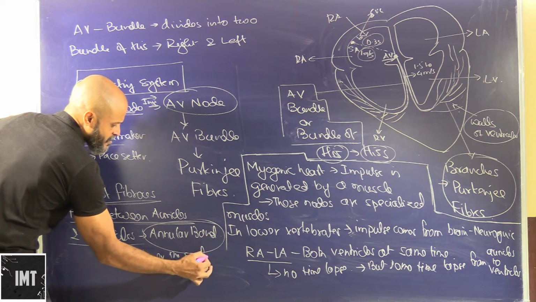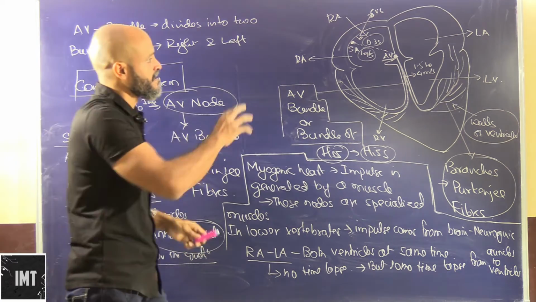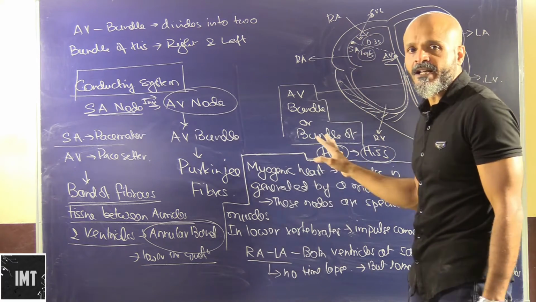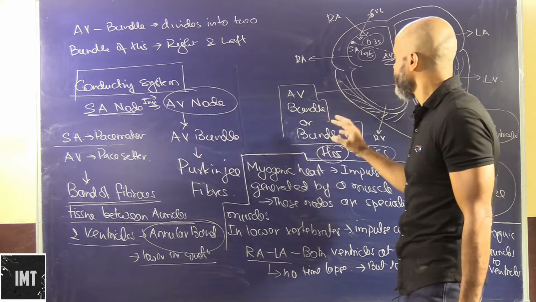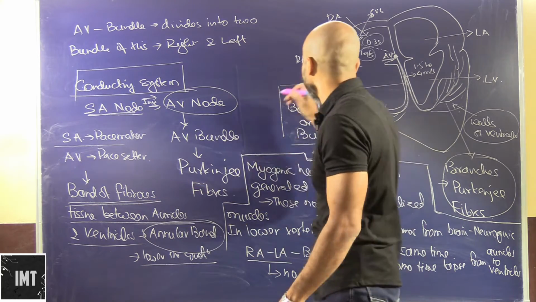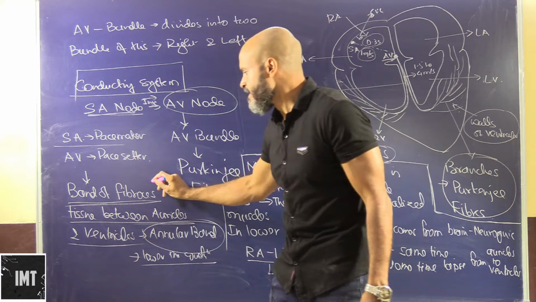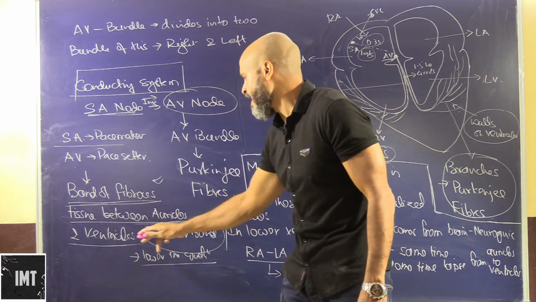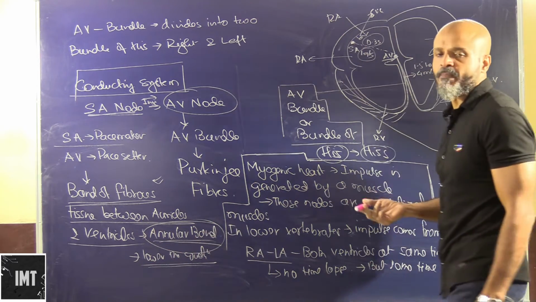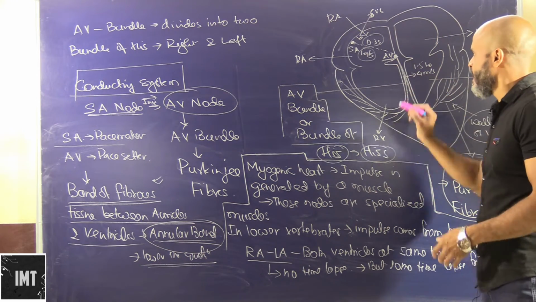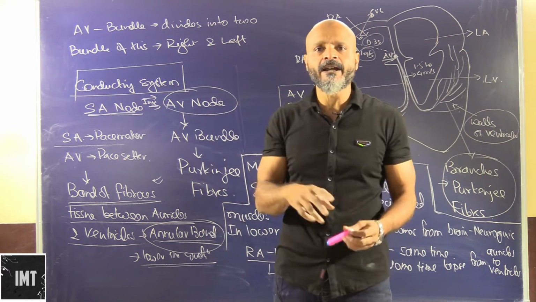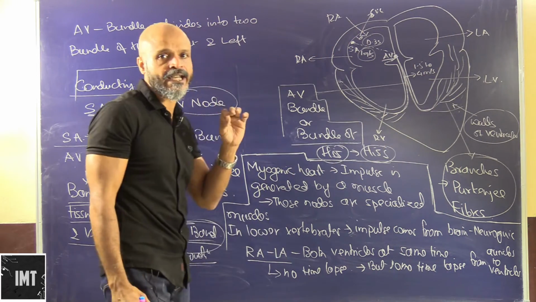So if it was only the SA node, this impulse wouldn't have transferred so rhythmically or in a well mannered way. It would have died out, because between the auricles and the ventricles there is a band of fibrous tissue, known as annular bands. This would lower the conduction of the impulses, and hence we would need an amplifier out here. So the AV node acts as an amplifier of the impulses received from the SA node.